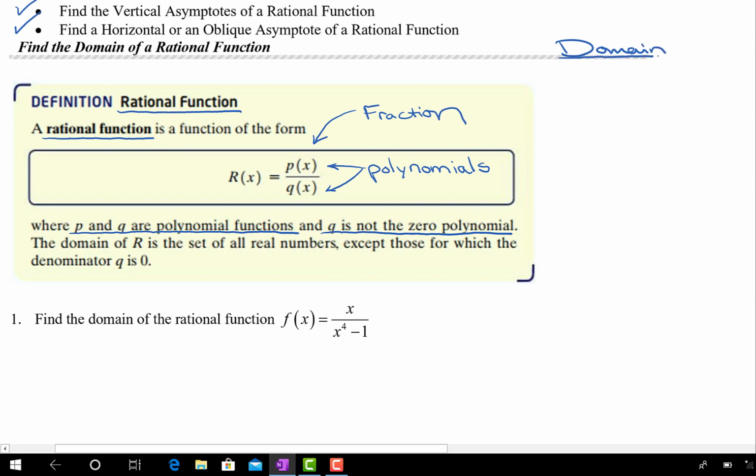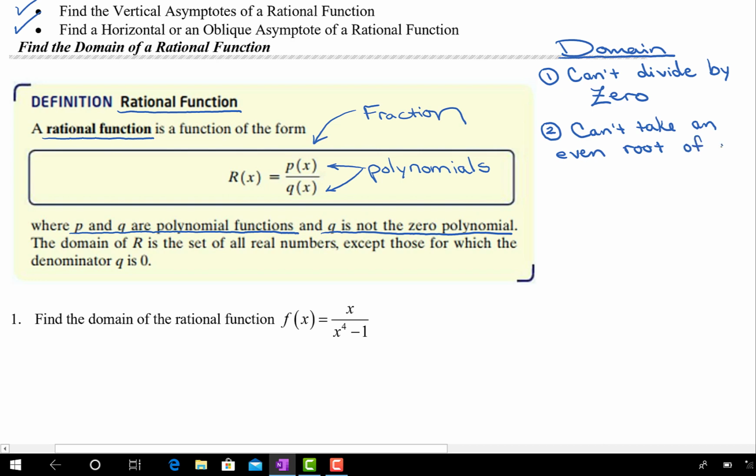Our domain. Before we get started with number 1, where it's asking us to find the domain, let's review what are the 3 things that we can't let happen when we're talking about our domain, right? Number 1, we can't divide by 0. Hopefully you guys all remember this, right? And we just mentioned it right now. Dividing by 0 is undefined, so we can't let that happen. Number 2, we can't take an even root of a negative